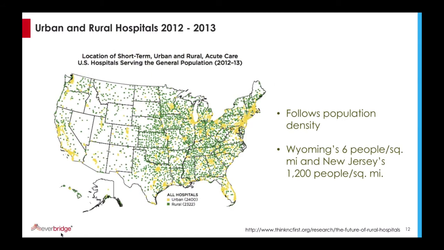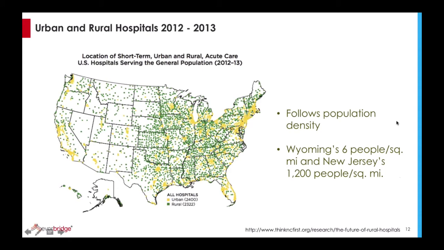Rural hospitals, I hope you can make the distinctions here with color, appear here in green, with traditional hospitals in urban areas in yellow. As you can quickly see, each state has both types, whether it's Wyoming's 6 people per square mile density. It has an urban hospital, I suspect, in its capital, but many rural hospitals surrounding it, as well as New Jersey, with the most densely populated state in the continental U.S., and the entire U.S. for that matter, where there are a couple of rural hospitals not easily seen in that swath of orange that is the Northeast Corridor.